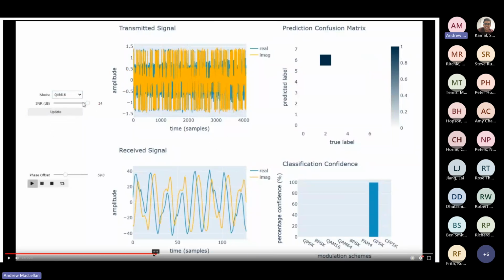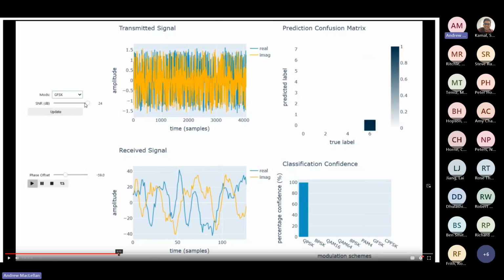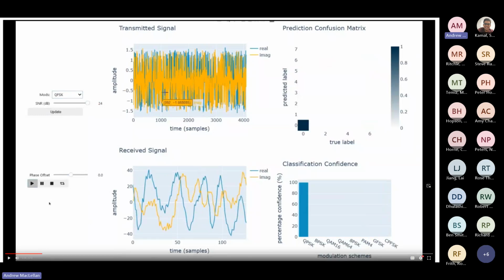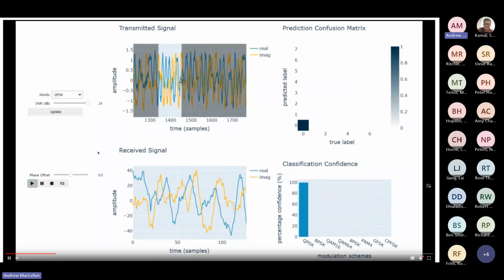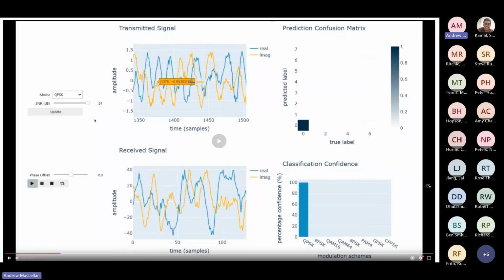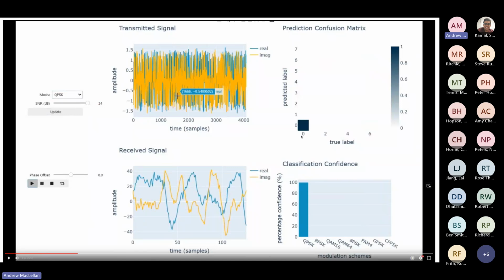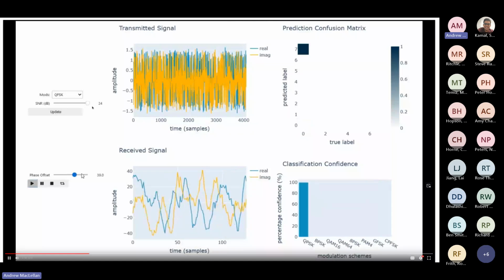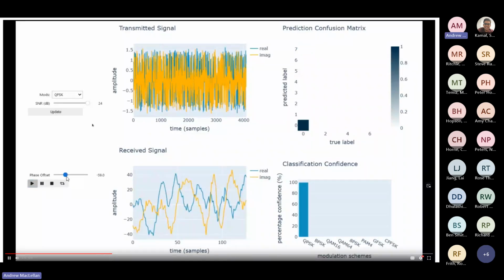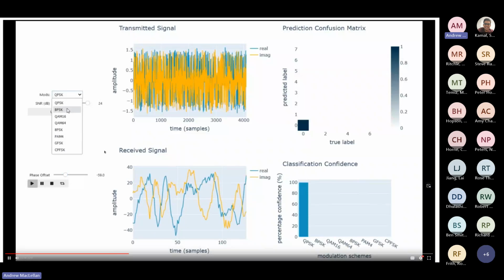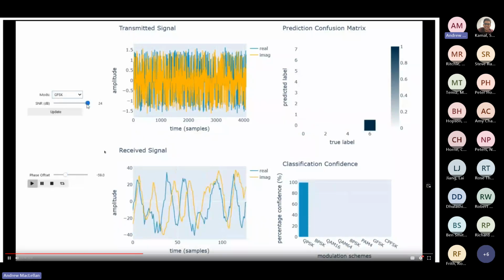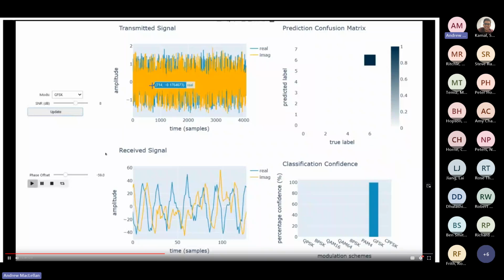And we can do this without having to stop anything. We started off with QPSK at 24 SNR, and we can see on the right here the confusion matrix that tells us what our predicted label is, what our true label is, and what kind of confidence we had with that prediction. At a high SNR, it's pretty good. If we pick GFSK and lower the SNR a little bit, it still does pretty well.